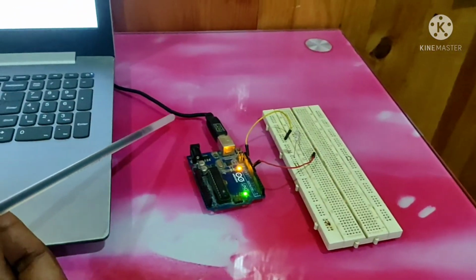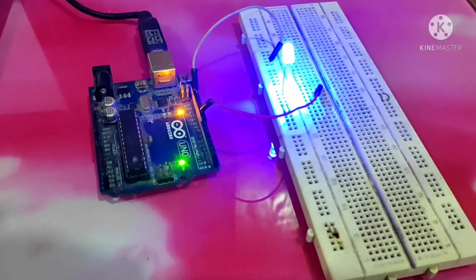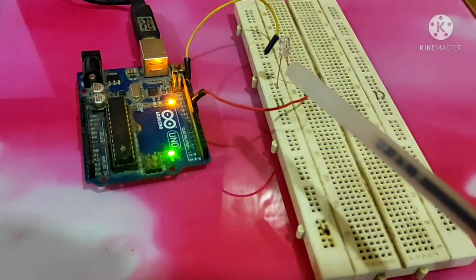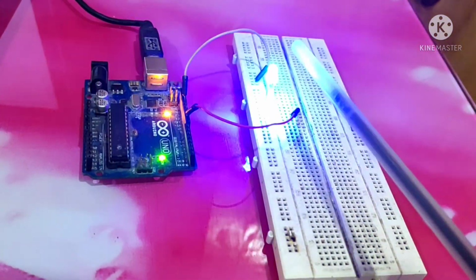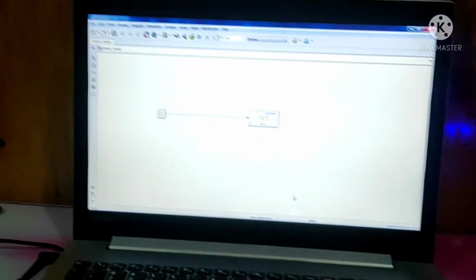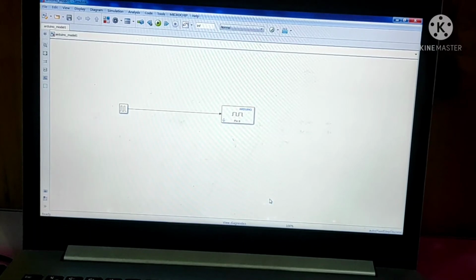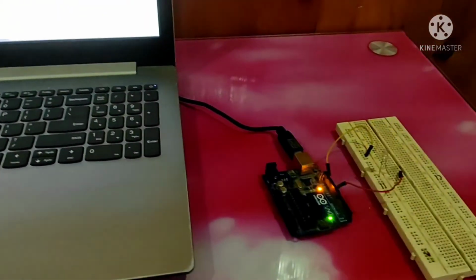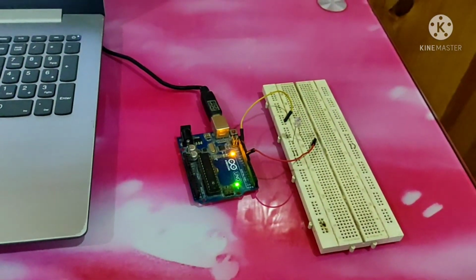So you can see the red pin is connected to pin 9, and the ground is connected to the LED cathode. This is our logic, whatever we flashed to the Arduino board. Once you flash, in this way it will actually work. So the LED is on, off, on, off.